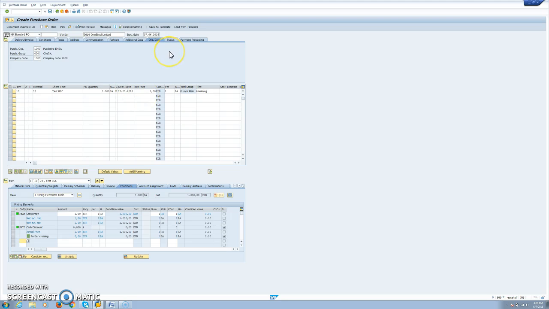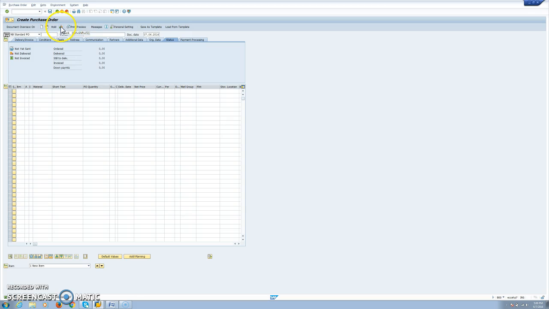So when the release strategy is determined, we will see a new tab here in the header level. We have to say that for purchasing documents, we only can use header level. In the case of requisition, you have the option to use header level or item level. So from here, if we make a check with this icon, the system will make standard check, and it will determine the release strategy. So here we see that we have set 1, that is release less than 10,000, with the code 01. So when we save,